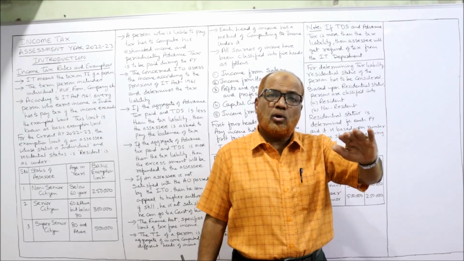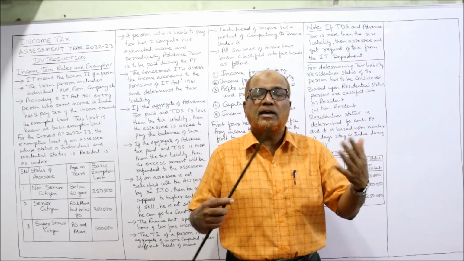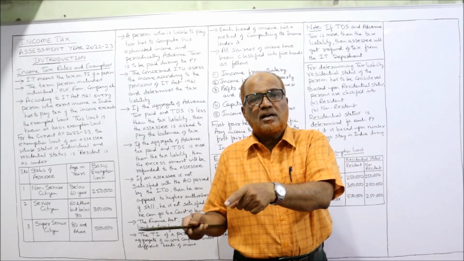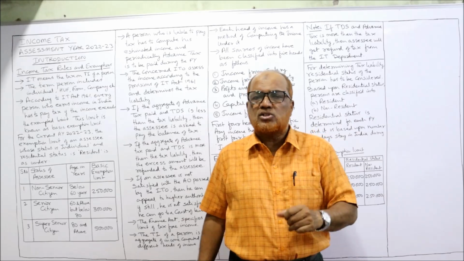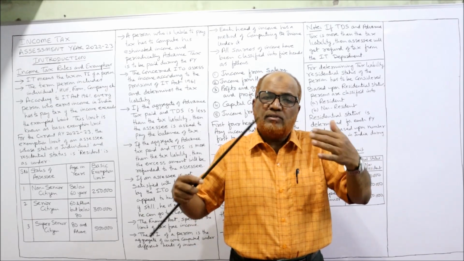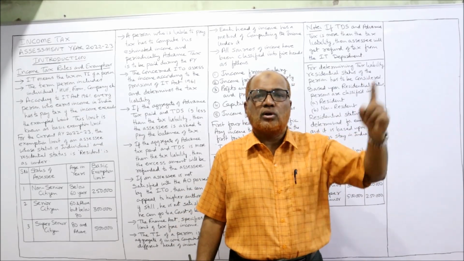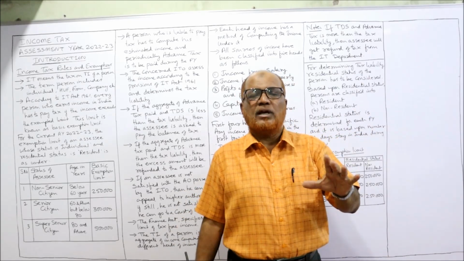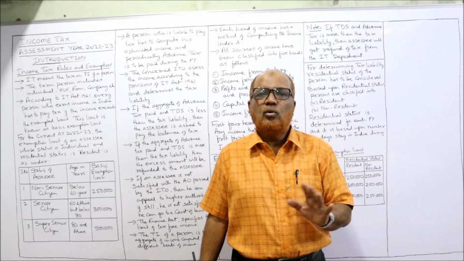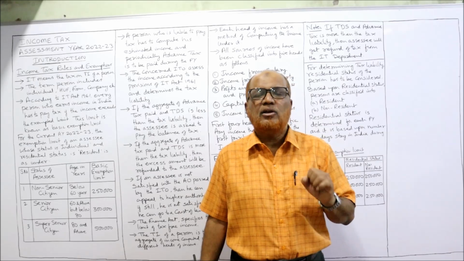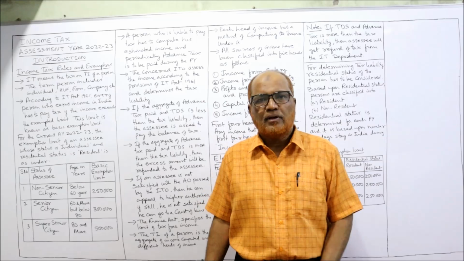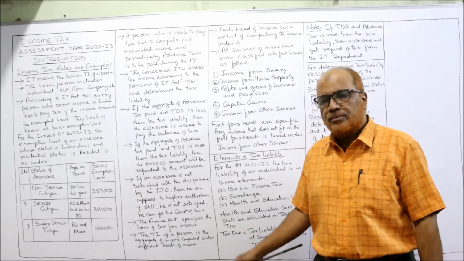still I can go to a higher authority. One more higher authority will be there in the income tax department. I will make an appeal that this lower tribunal has given a wrong decision and I will not accept it. They will hear again. If they also give the same decision, I can go to the court of law. The highest court in India, the Supreme Court, its decision will be final. No other court will entertain your case. The Supreme Court is the final authority to decide your case. So this is the procedure.